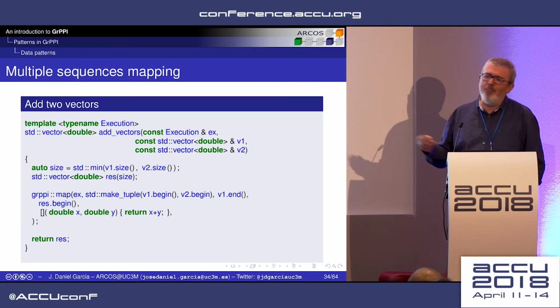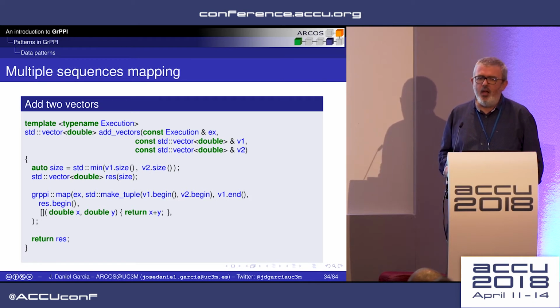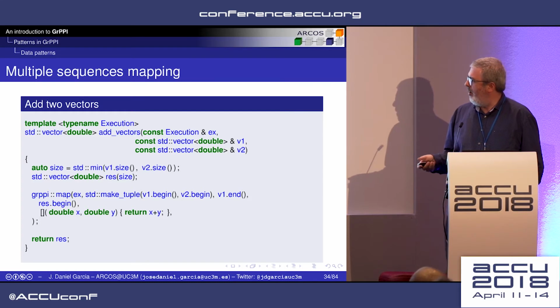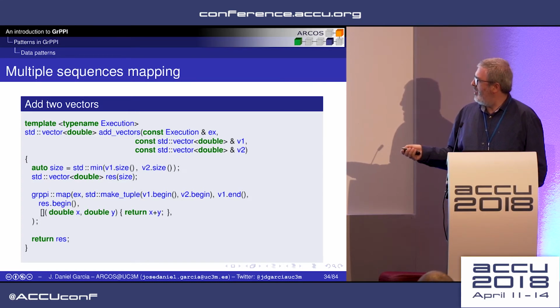In this way, we can pass 2, 3, 5, whatever. So this is a map or a transform that takes 2 vectors